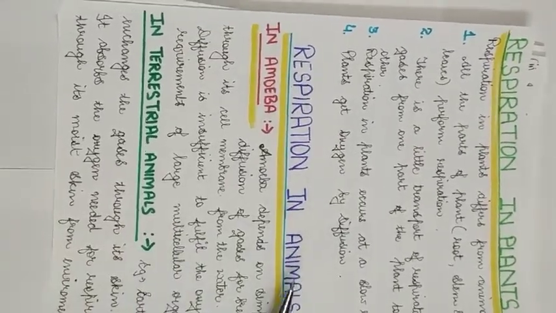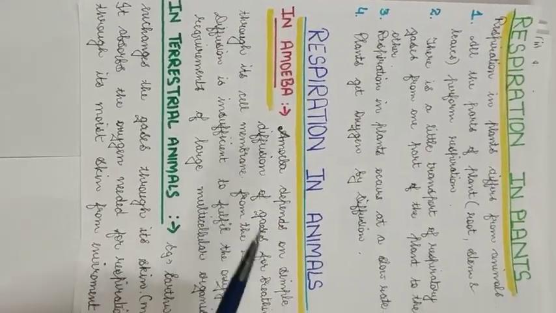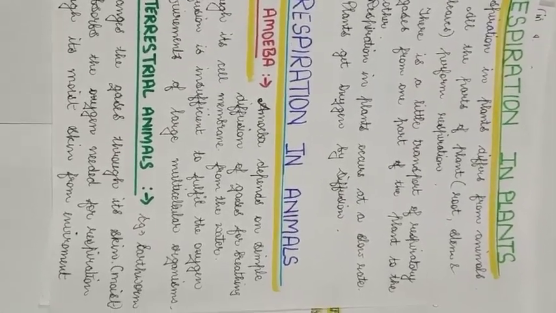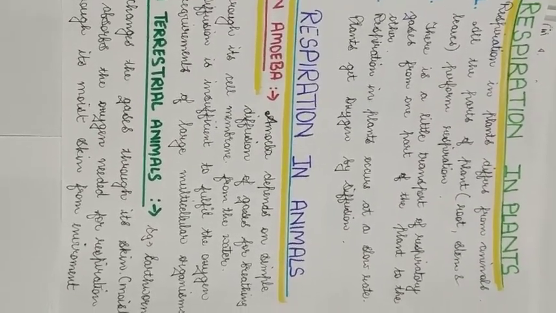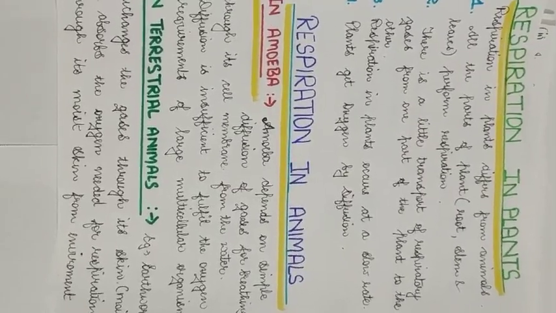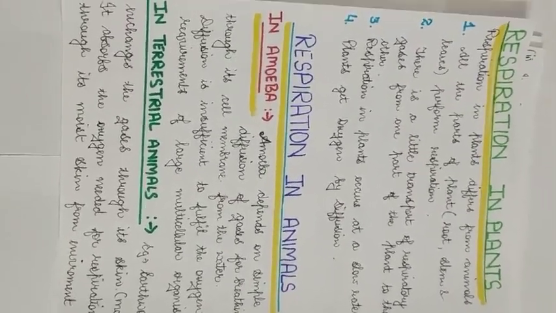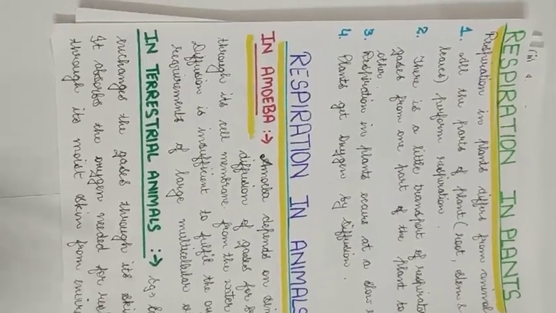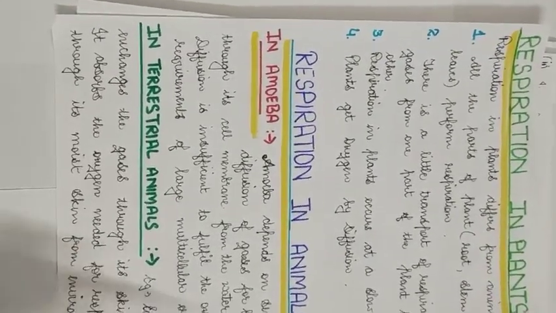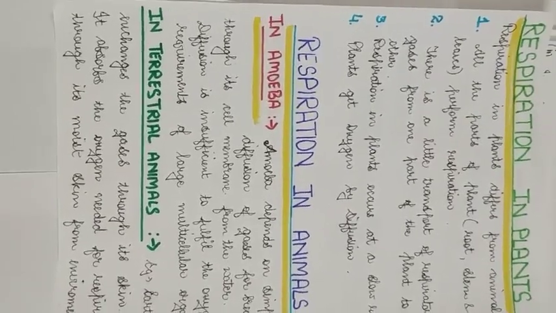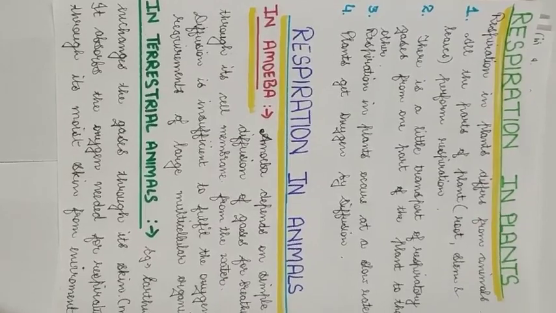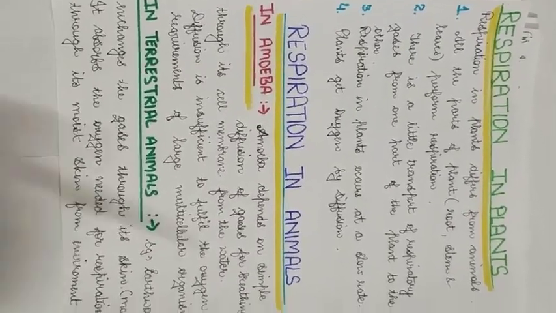Now respiration in animals. Respiration in animals is also very different in different animals, especially in the amoeba. Amoeba is a unicellular organism, so the respiration is obviously a little different from other organisms. Amoeba lives in water, and it has a very thin cell membrane. Having a very thin cell membrane and being in the water, water enters the amoeba